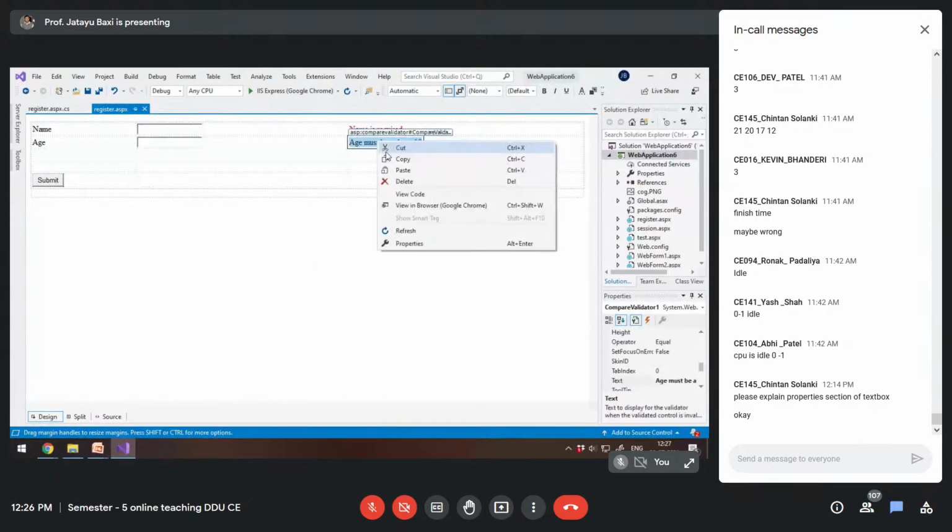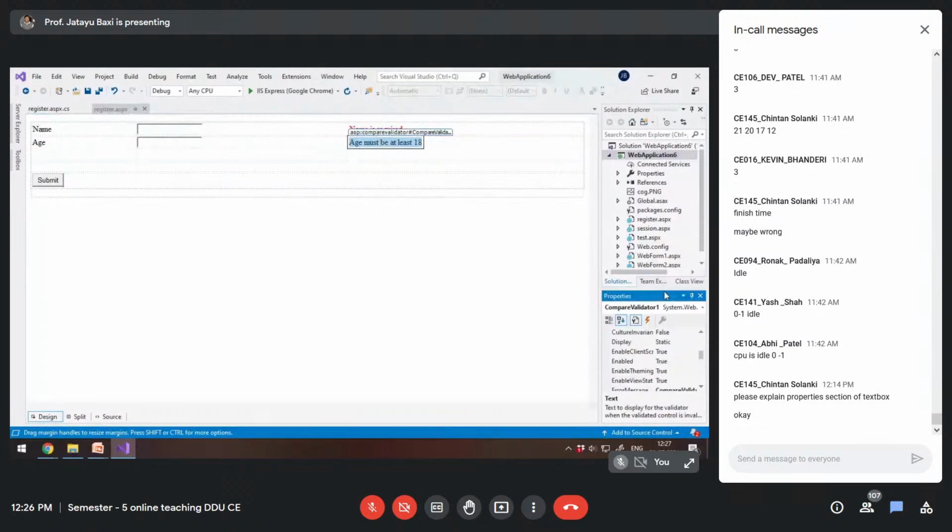So I'll set the control to validate property to text box 2. Okay. Another property to set is type. So for type, I will use integer type, because the value is an integer.